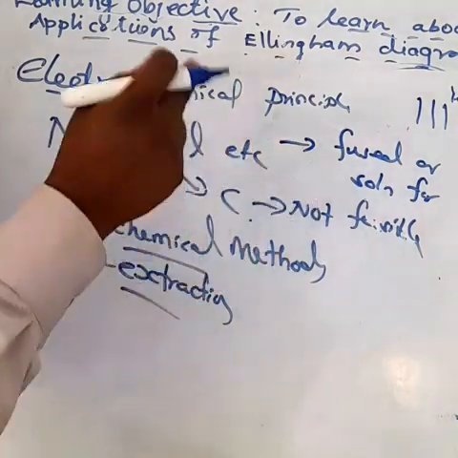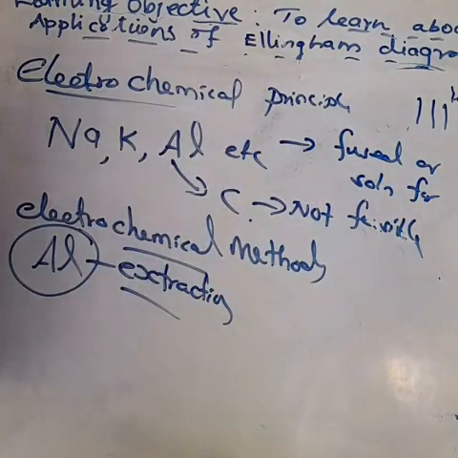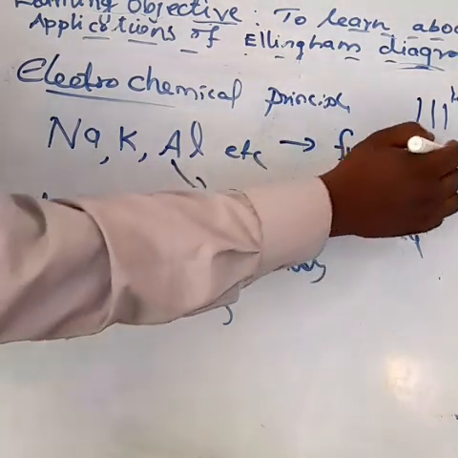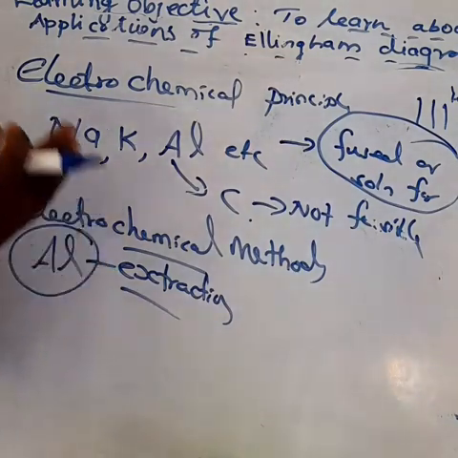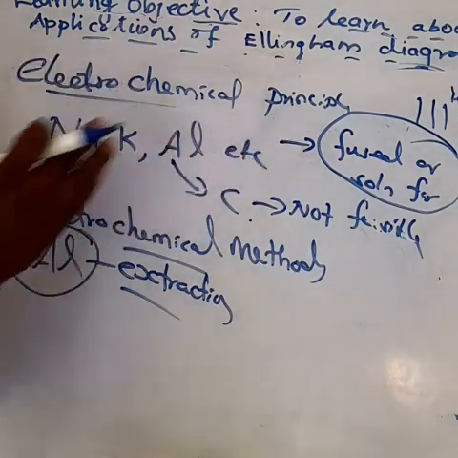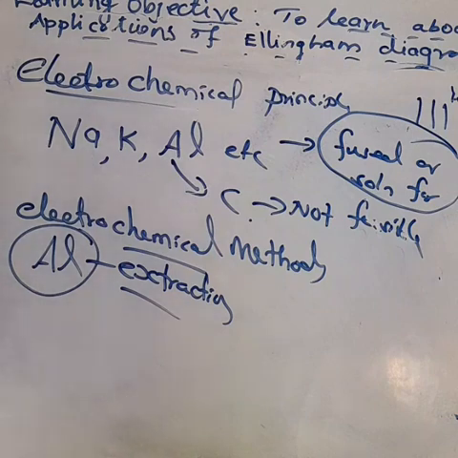The metal ion present can be reduced by treating it with some suitable reducing agent or by electrolysis. So, metal salts are taken in a fused form or the solution form, and the metal ion present can be reduced by a reducing agent or by electrolysis.